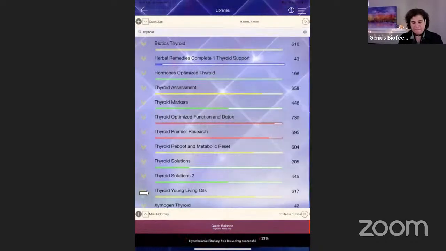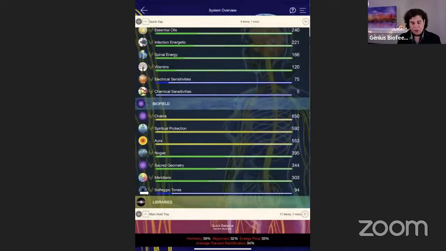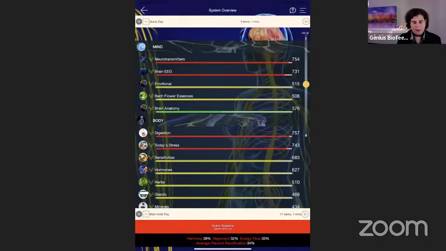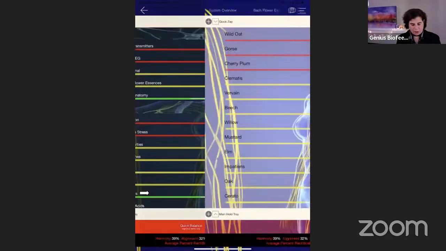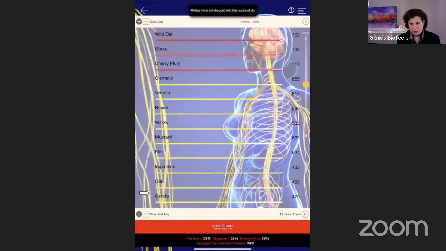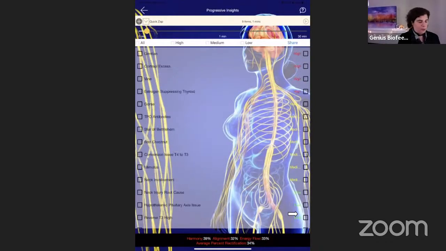We're then going to bring in the flower essences because those are the emotions, and we're going to couple them with the different things that have maybe made the thyroid imbalanced. So let's go ahead and bring in our flower essences. So we're going to bring in our red items and bring in our blue items, and then we're going to go to progressive insights. So in this case, we're going to separate thyroid assessment and thyroid solutions and do them